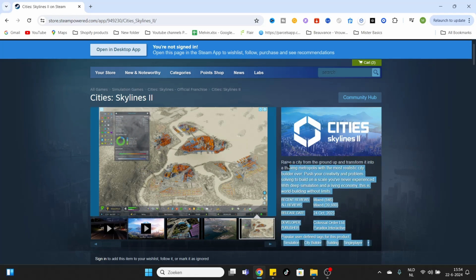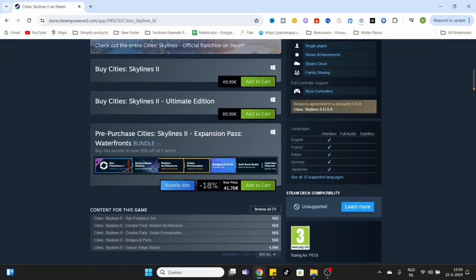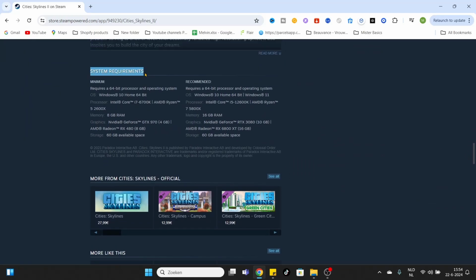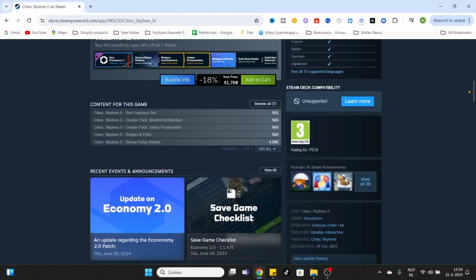Now read some information on the right side of this page, and after that we have to scroll all the way down to check out the system requirements for this game. If your system does not meet these requirements, then you are not able to play and download this game on your PC or laptop. So make sure you check this out, and after that we can go back up and